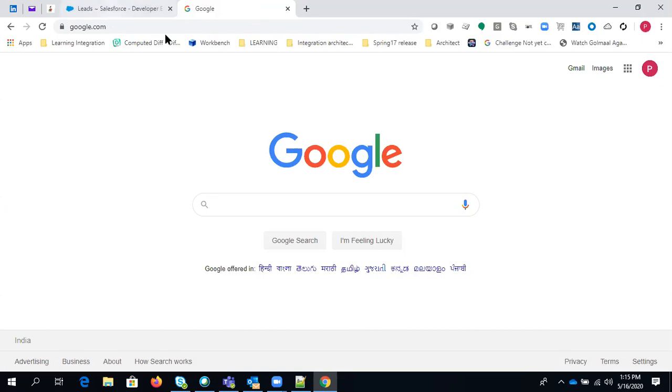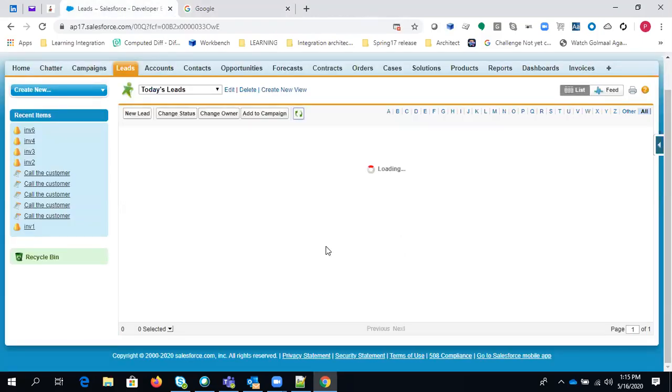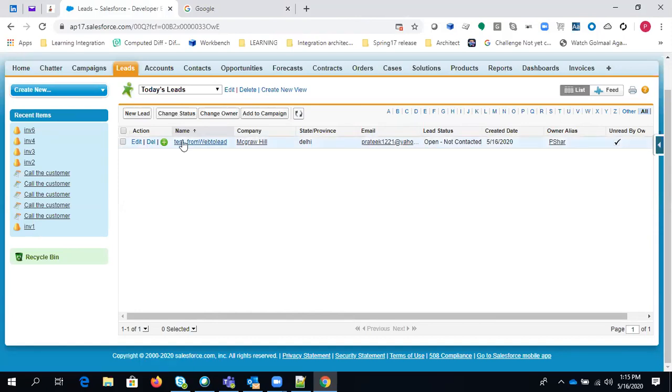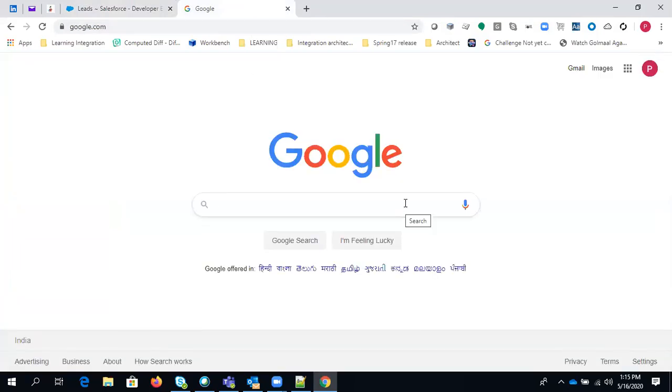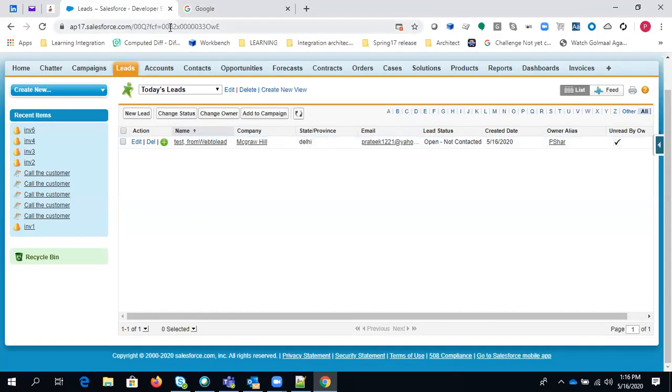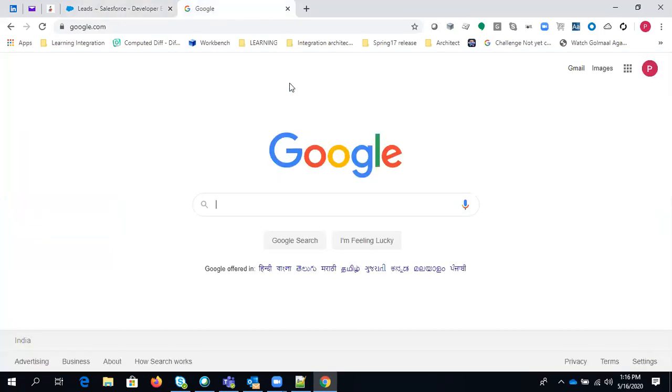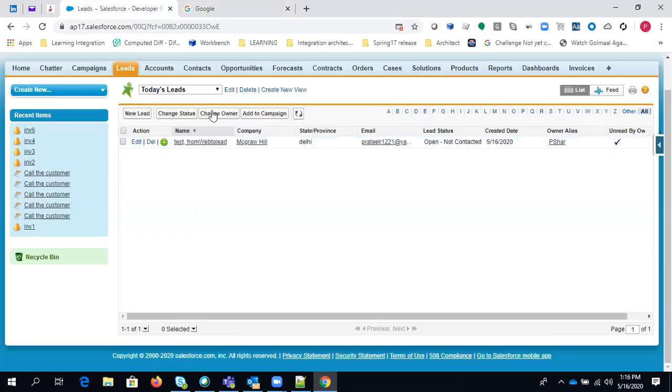Now that's it. You can simply go back and refresh to see if the lead is created or not. So you can see here one lead is automatically created. You didn't do any kind of integration or anything, but you can see this particular lead is created by default from this web page. So you can run this web page from a different computer or from anywhere, and all the information your customer passes on this web page will become a lead in Salesforce, right? So this is how you can create a web to lead form and generate leads in Salesforce.